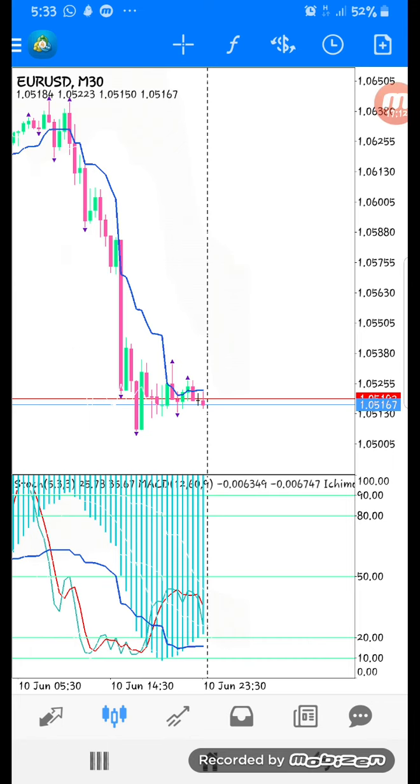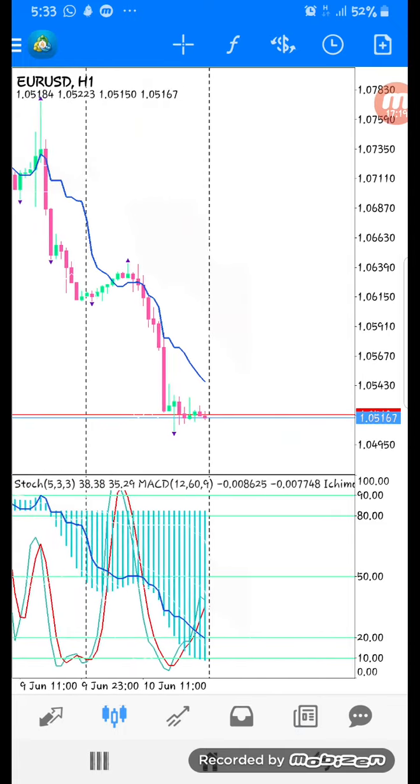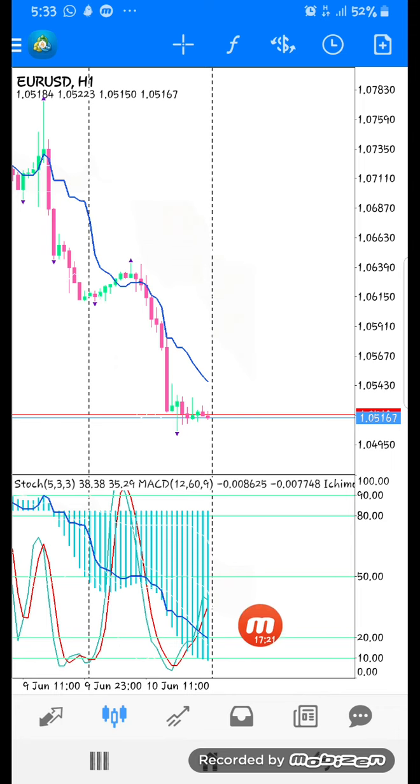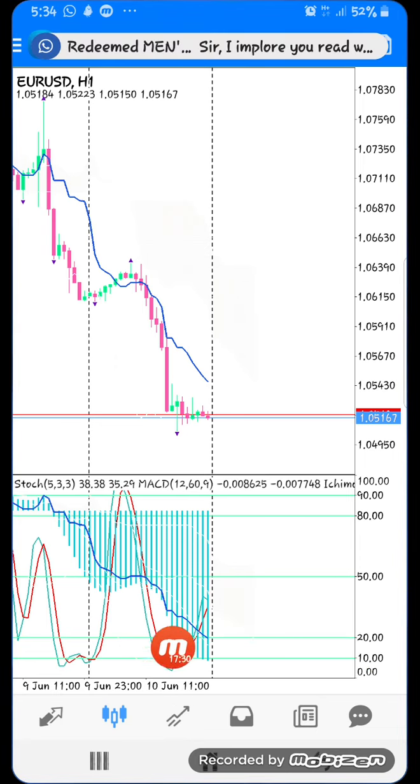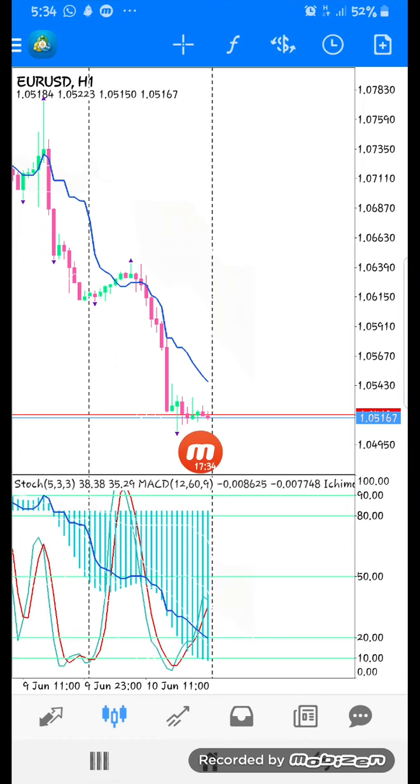And before you enter, remember, you confirm with the 1 hour time frame. You confirm it with the 1 hour time frame. Now in the 1 hour time frame, I see that the Ichimoku is at oversold area. It is at level 2010, which means that it is at oversold area. So that is what you should take note of